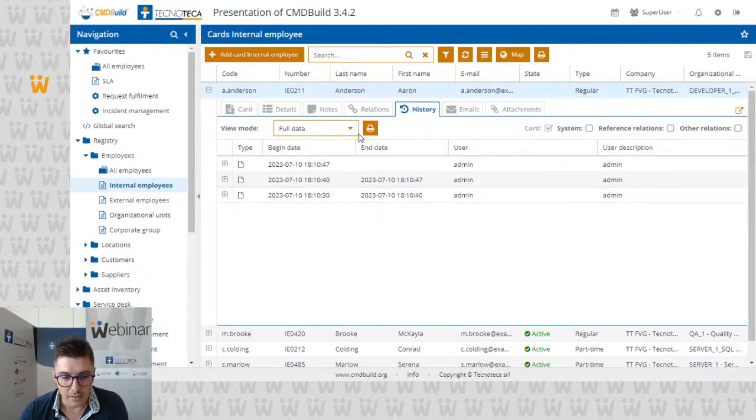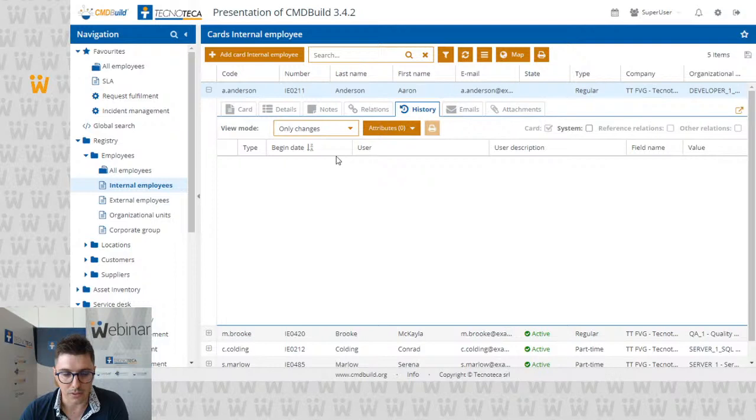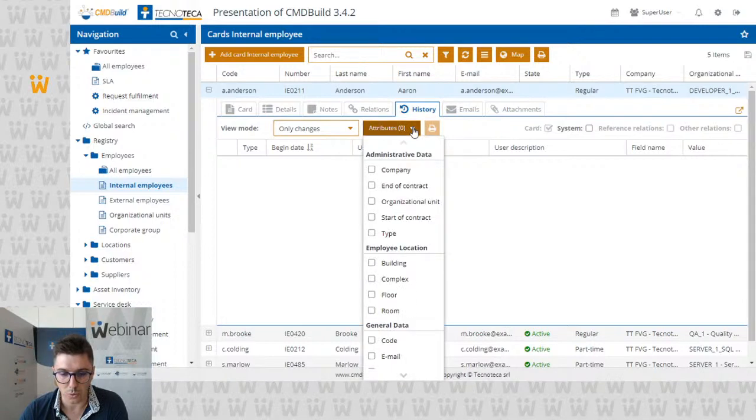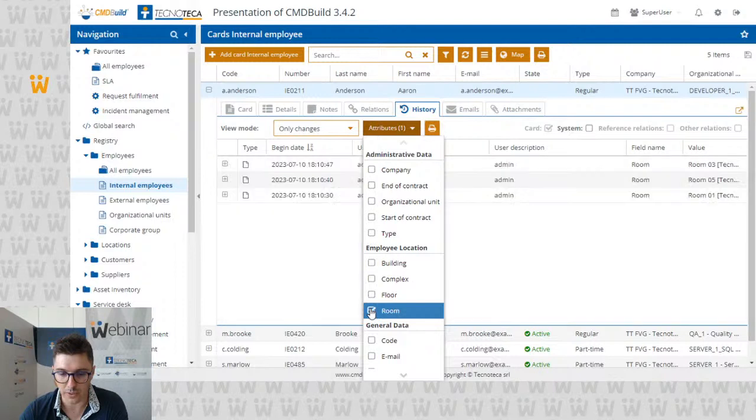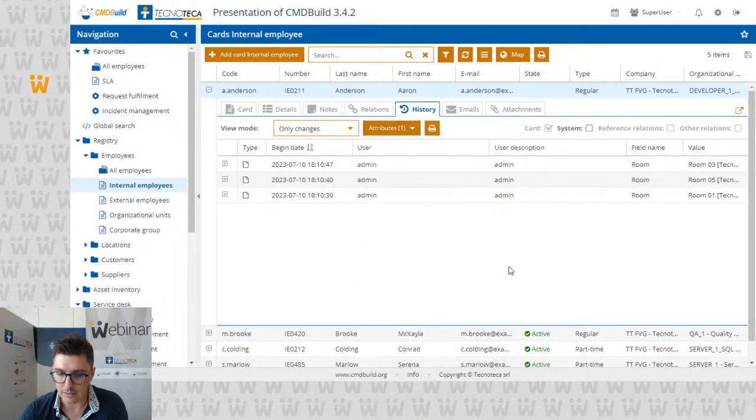We have added this field to change the view mode, and now if I click only changes, I don't see anything because I have also to choose the attributes that I want to see in the history. In this case, I want to see the room history,